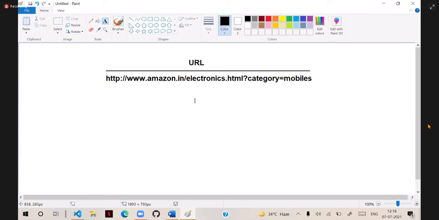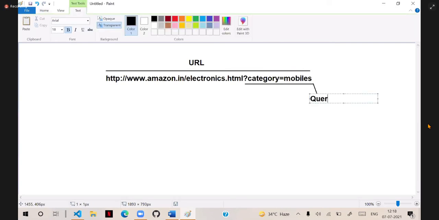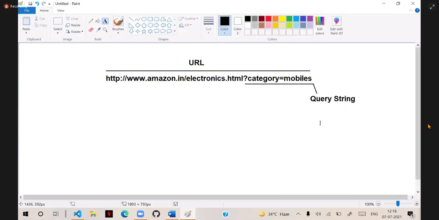And now, important is whatever is present after this question mark, this is called query string. Query string is used to query content inside this particular page. That means in an electronics page, you are querying category mobiles. That is what we call query string. We can have such query strings.